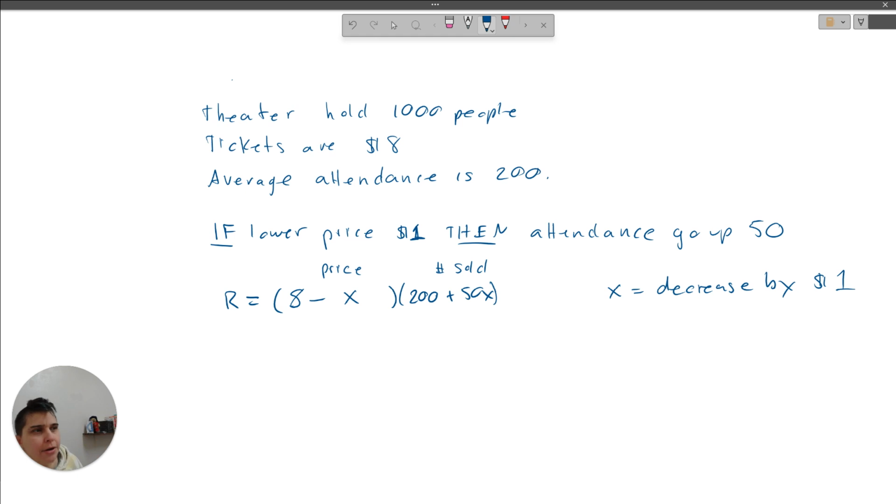So if you're not here for the algebra, that's fine. We won't go over the whole thing, but essentially this is going to come out to be a quadratic equation. Negative 50 x squared plus 200x plus 1600. And when you graph this,